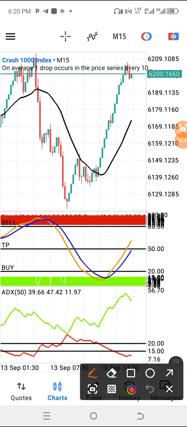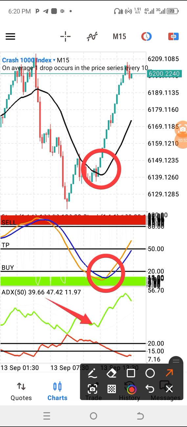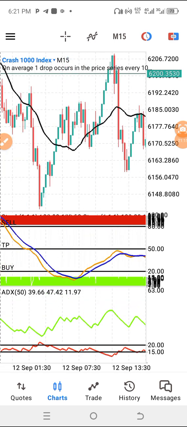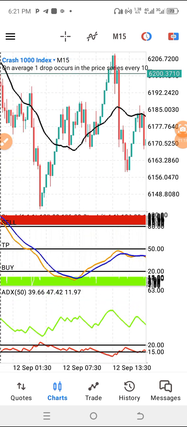Immediately we are having our entry here, our confirmation here, confirmation here. What we want to see is the positive DI dominating while this is moving below. Immediately it's touching level 20 or crossing below level 20, then we are taking our buy immediately. So you can see that with 15 minutes, you'll be able to scalp with a reasonable lot size. The same thing applies to what happened on the forex market.